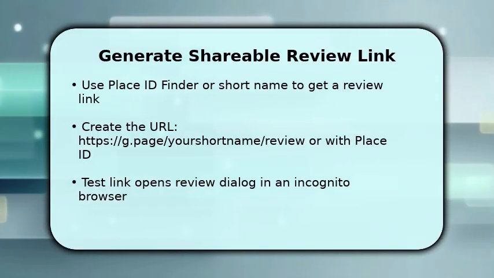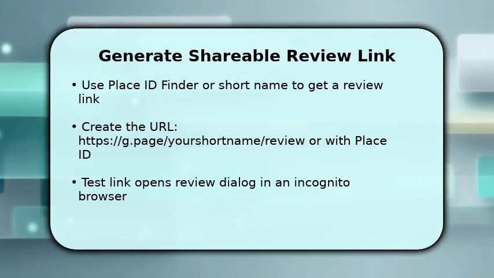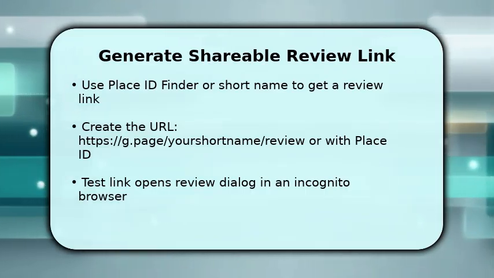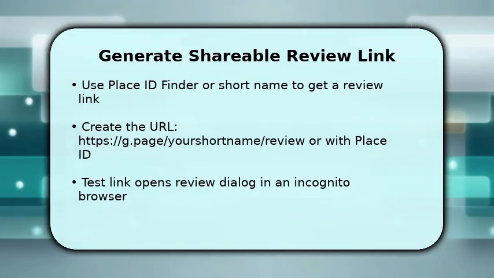If you need a place ID, use the place ID tool within Google Maps platform, insert the ID into the standard review URL, and verify it points to your listing. Once done, always test the link in an incognito window to ensure it prompts the review pop-up, rather than taking